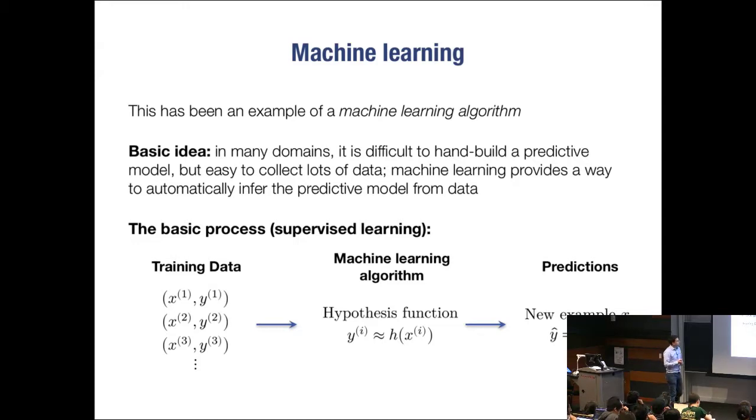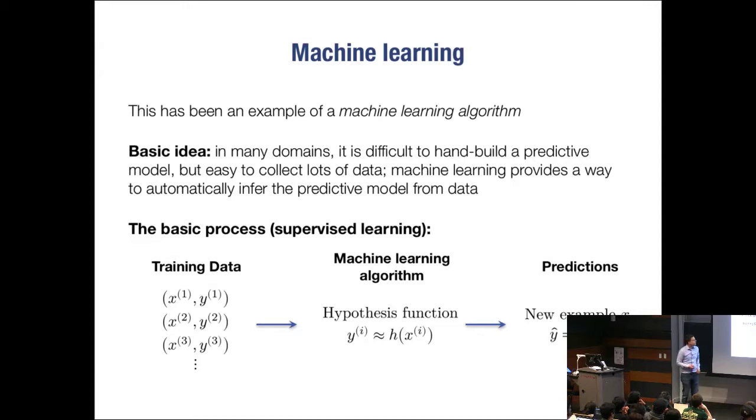And the basic idea of all machine learning, or at least, again, probably all supervised learning here I'm talking about, is that there are many domains where it can be really difficult to hand specify a prediction, or really a program that can make some prediction from data, right? So if my input data is the temperature, it's very hard to write a program by hand that can predict what the peak power is going to be. In a more contemporary machine learning example, if I'm given an image of a dog